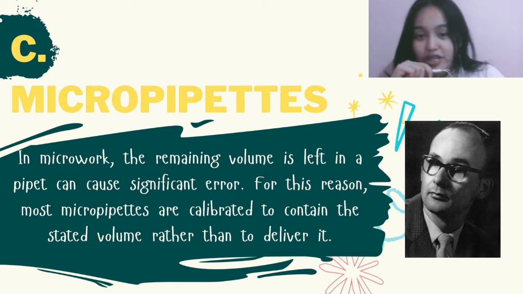In microwork, the remaining volume left in a pipette can cause significant error. For this reason, most micropipettes are calibrated to contain the stated volume rather than to deliver it. The fluctuation in depth during aspiration, which is dipping the tip too profoundly in the solution, can result in droplets on the side of the tip or pressure variations that affect volume, which is one of the many problems or